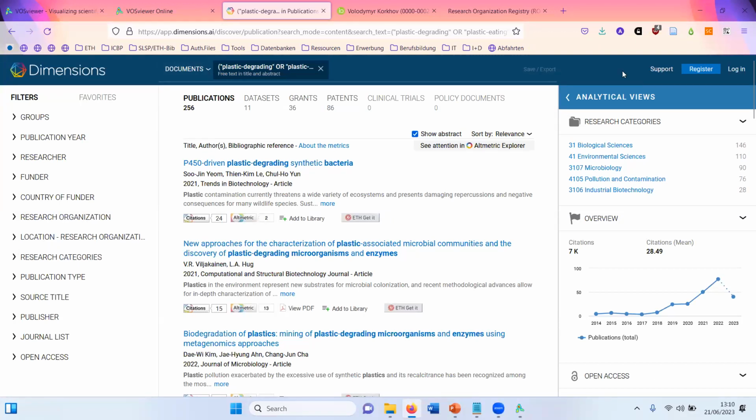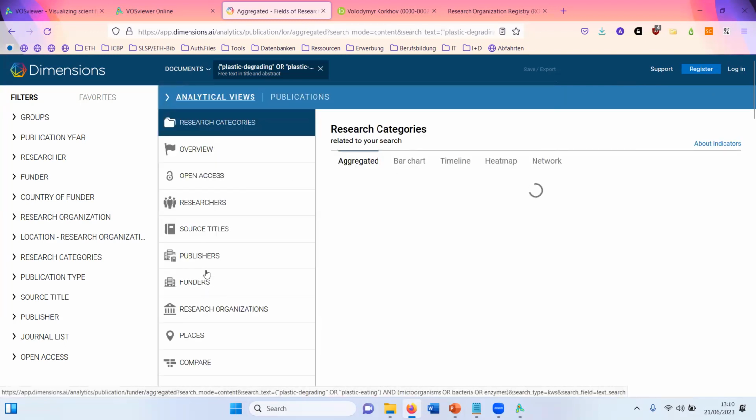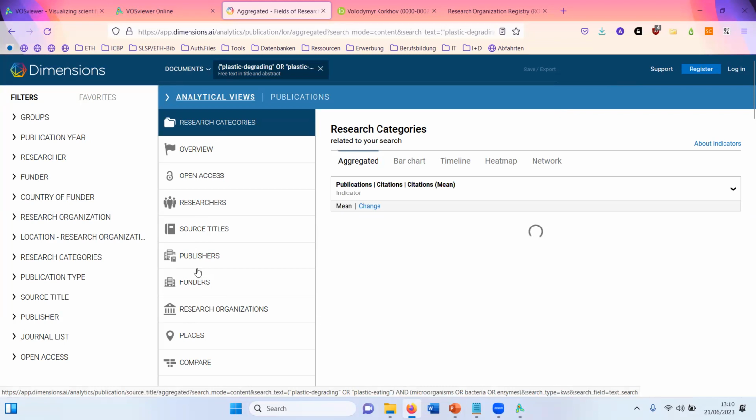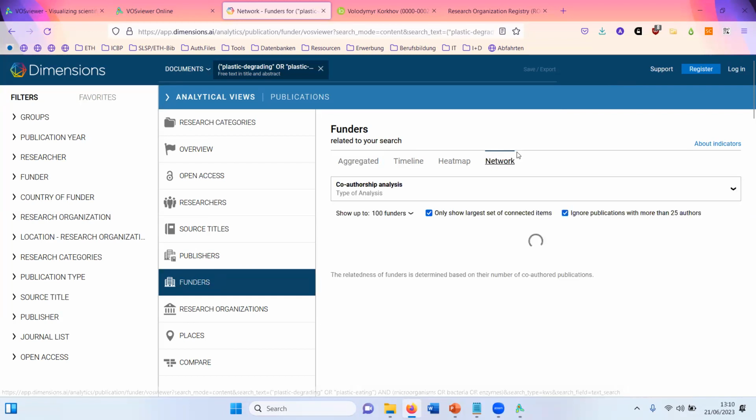And Dimensions has a pretty good analytical view, which you have on the right. So I'll open it up. And we have now a number of different categories. And each of, or most of these categories have the option here under network to display a VOSviewer visualization.